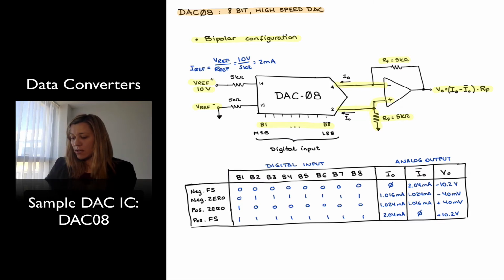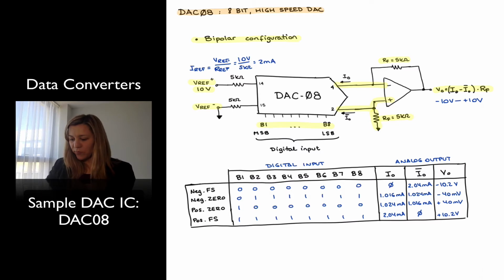So in this case, we expect that the output is going to vary not from 0 to the full scale voltage range, but rather from negative full scale voltage range, which corresponds to the point when I out bar is equal to 2 milliamps, to positive full scale voltage range, which corresponds to when I out is equal to 2 milliamps. So my output voltage now ranges from roughly negative 10 volts to plus 10 volts. We're going to see that